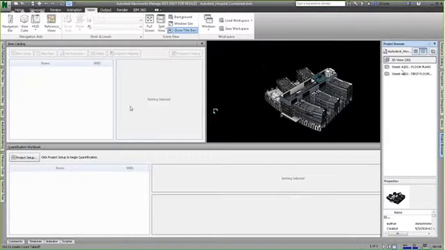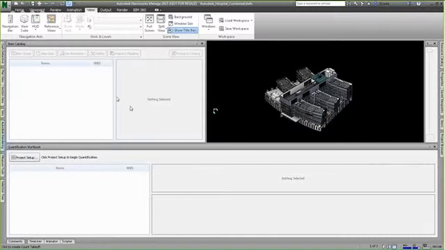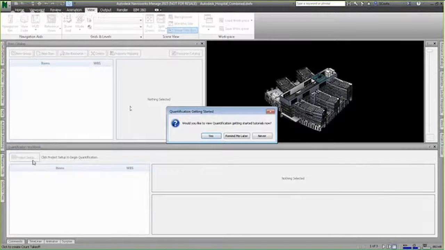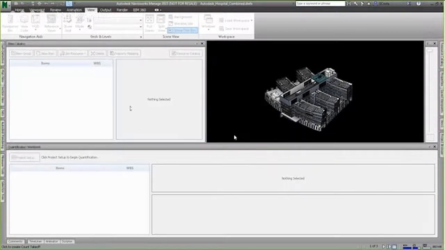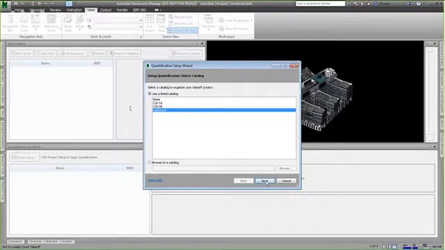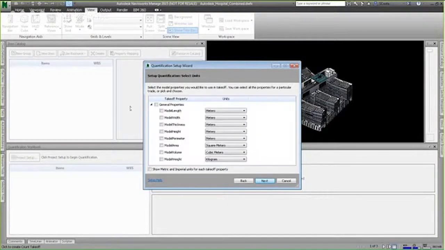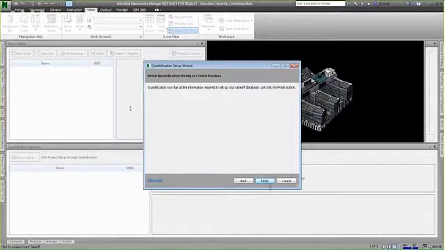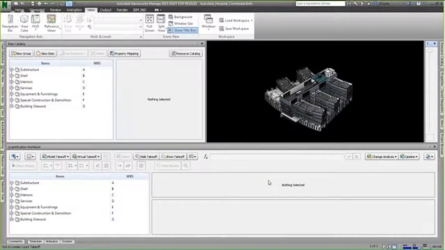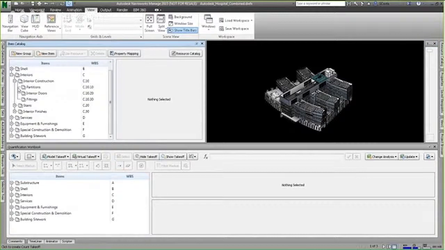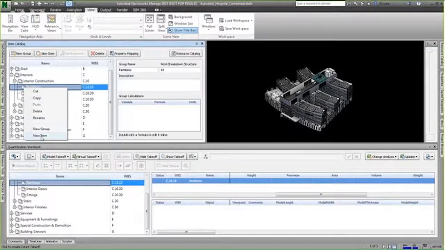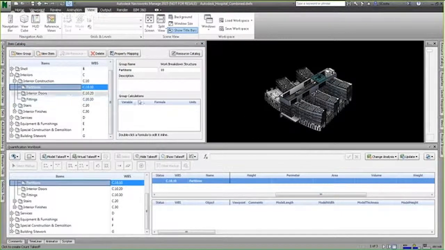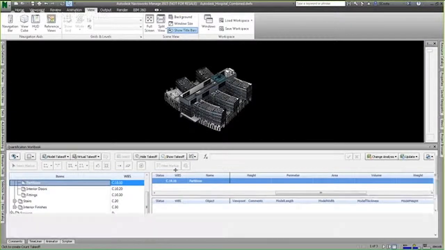You can have as many sheets as you want that would be necessary. I do have to go through the project setup anytime I start off a new quantity takeoff or a new project in Navisworks. Once again, I'll just choose Remind Me Later. Once again, I'll choose Unit Format, Metric, and accept the last choice and click Finish. And that gets me to the same exact location I was earlier. Once again, I'll very quickly come in here and add in a new item. Now, I could add interior partitions. I'm going to get a little bit more granular so you can see how this works. Now, I'm going to unpin the item catalog just to free up some real estate, and I'm going to bring up the selection tree